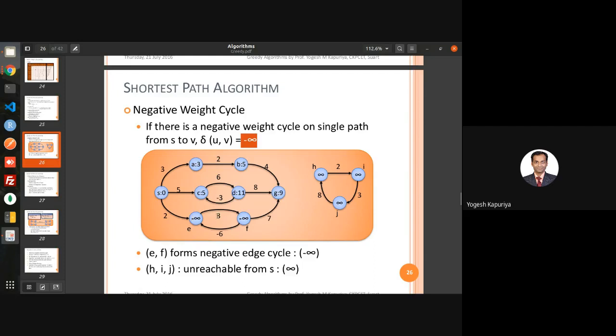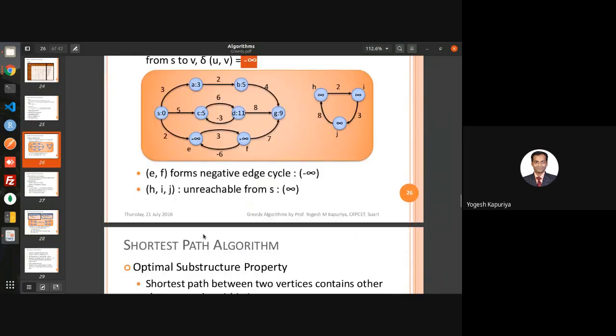Again, minus 1 plus 3, so that is plus 2. Plus 2 minus 6, so that is minus 4. Minus 4 is again less than minus 1, so this will be changed to minus 4. Minus 4 plus 3 is minus 1, minus 1 minus 6 is minus 7. Change to minus 7. So this will keep on decreasing the total weight, or the distance of this vertex from the source vertex. That's why it is minus infinity. And it also applies to this vertex as well. So this is the concept of negative weight cycle. Why are we discussing it?